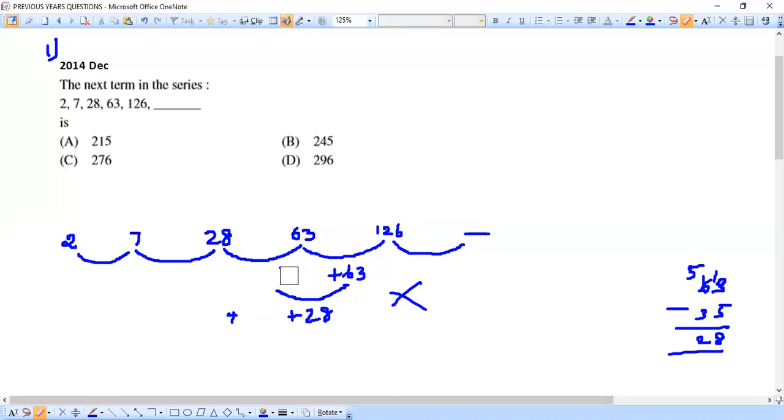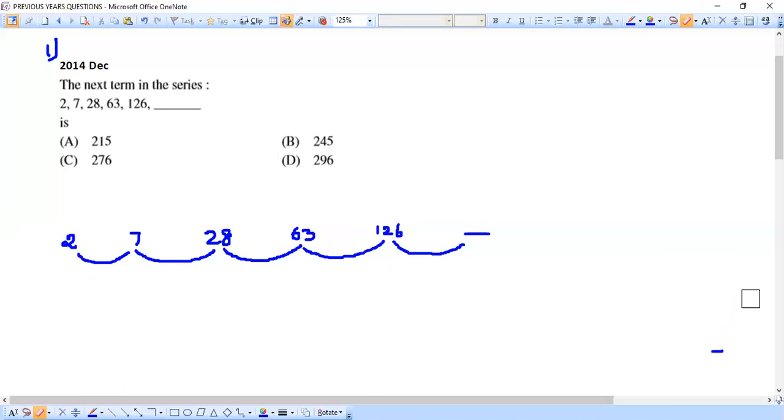See, always remember one thing, friends. If you observe that you are not able to find any pattern, don't waste your time. Just go and try with the next operation, or give your preference to the next operation. This is how we have to go. Okay, so I've completely erased all the things. Now we shall try to go with multiplication, whether we are able to form any pattern through multiplication.